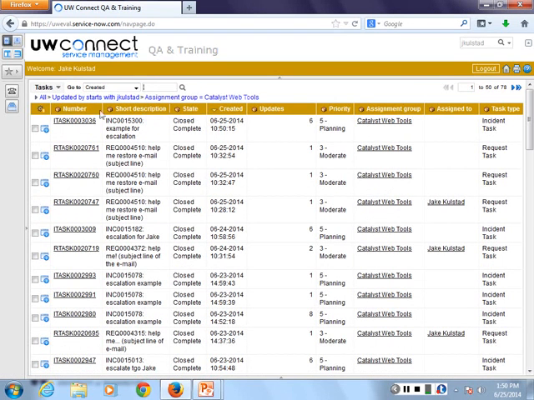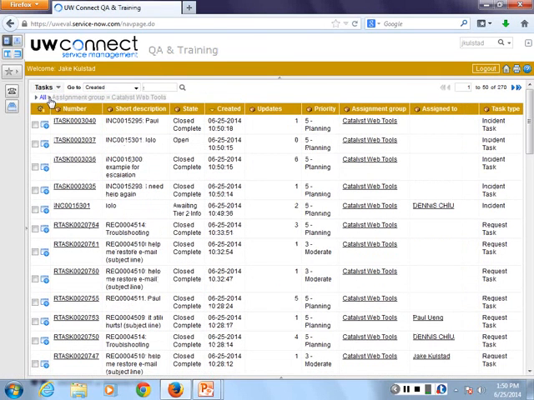For example, I could go in and eliminate the updated by me. So now I'm just showing all records in that assignment group. That make sense? So I can interact with this database in several ways, and it's quite fast. Anyone who's ever struggled with a saved search in RT is going to embrace this openly.